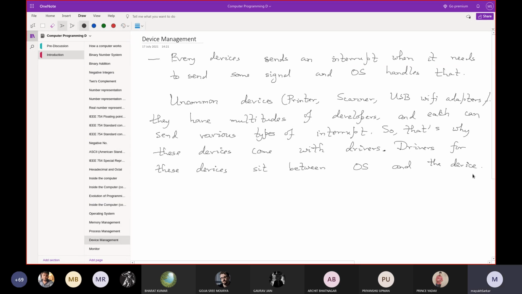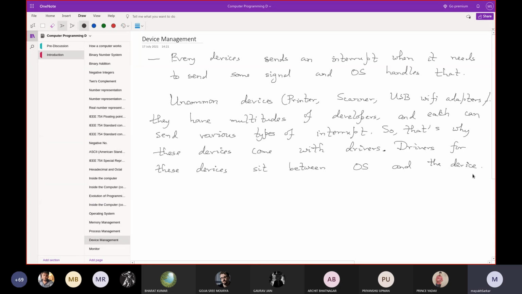As soon as you click on print, the application will send a request to the OS via system call that it wants to print. The OS itself does not handle the interrupt handler, because there is an unknown printer, but its driver is installed in the OS. The OS will tell the corresponding driver that this document needs to be printed. The driver will inform the printer to take this document and print it.